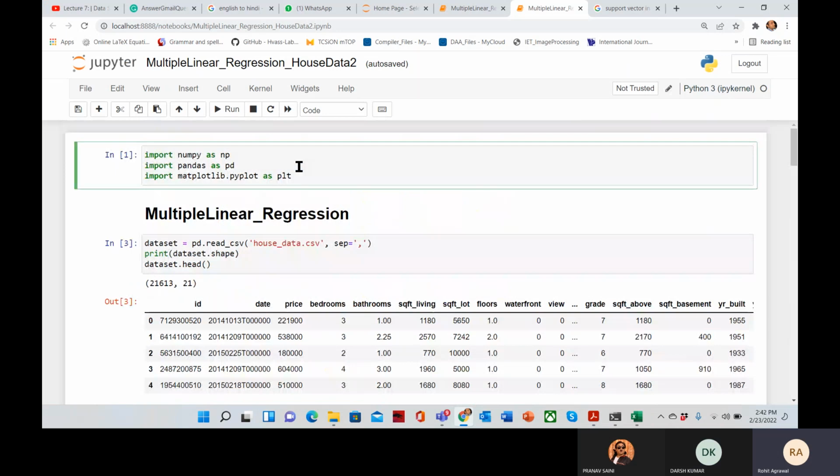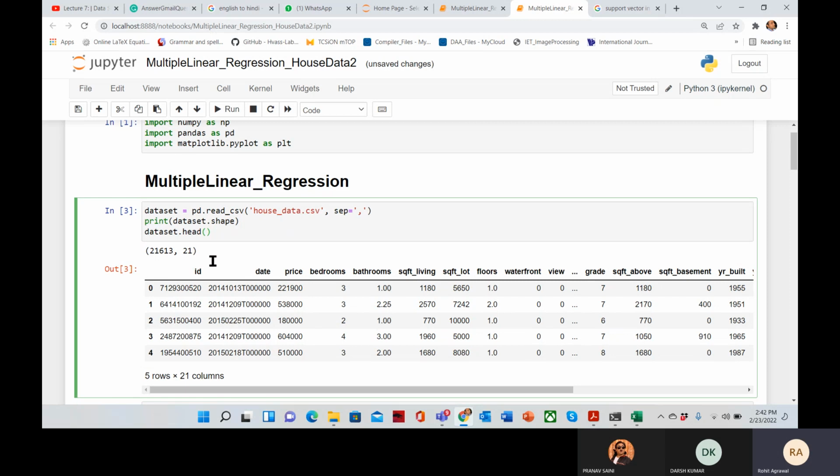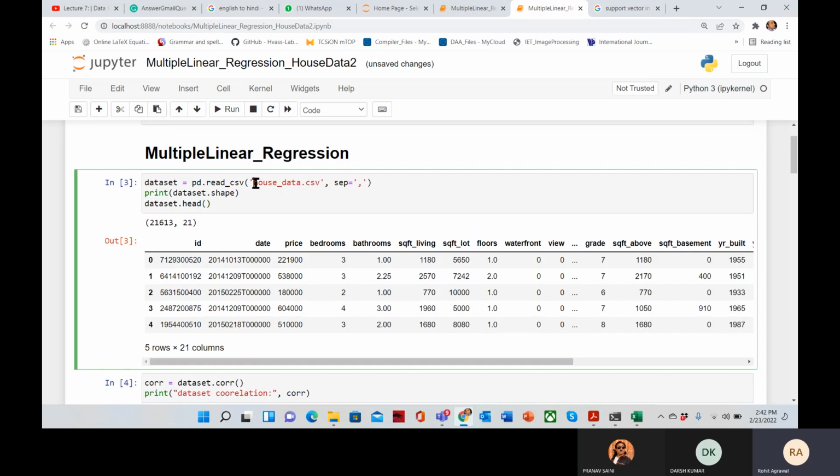Okay. So first thing we start with is the libraries or packages. So import numpy as np. We already discussed the numpy package. Import pandas as pd to deal with our data set, and matplotlib for plotting purposes. These three libraries we have just imported, and the first task is to read our data set,